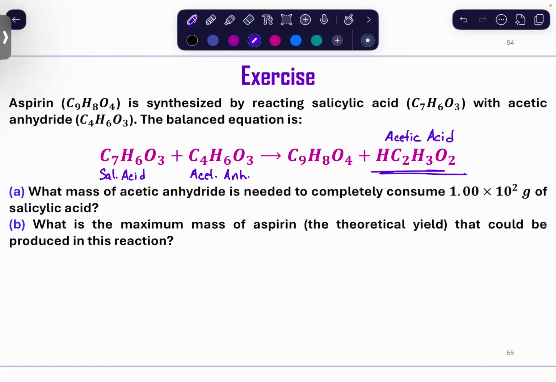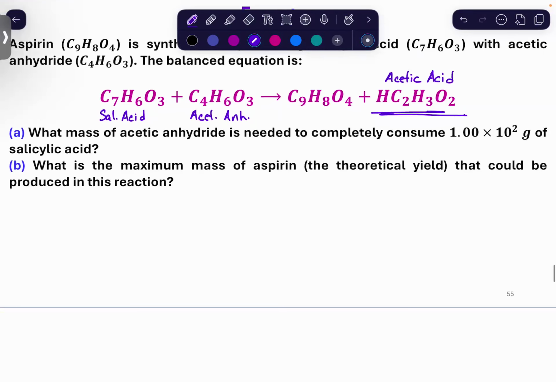So your theoretical yield is going to be produced by your limiting reagent. And that theoretical yield is what you should be yielding in a reaction if it goes to 100%, which they don't often do. So start wrapping your mind around that concept. Okay, so for part A,